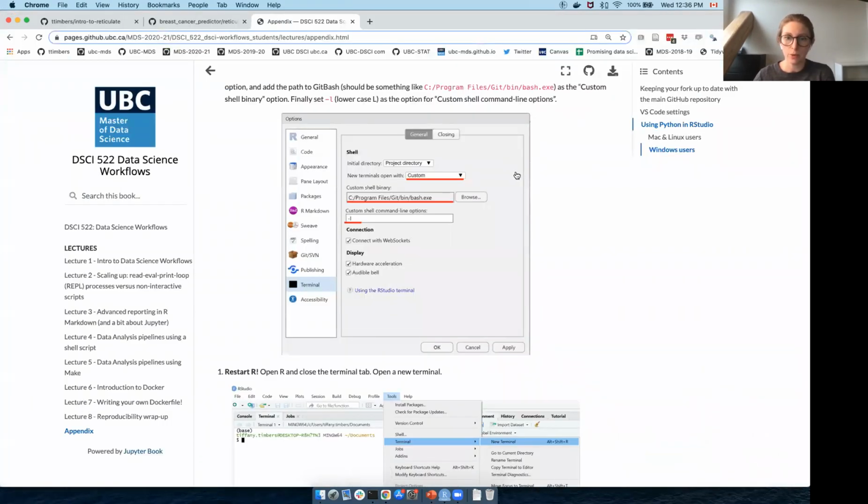So inside of Windows, you want to do that. And then you want to say that the new terminals are going to open with custom. And then you need to use this browse to find where the bash.exe is. It's usually here under Program Files, Git, bin, bash.exe. And then you have to add this -l command. So once you do all of that and you click Apply and OK, then what you need to do is